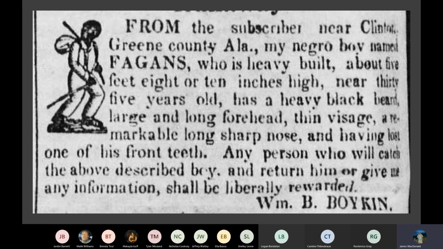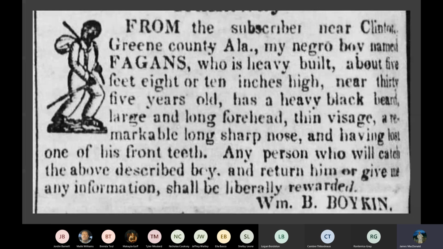When you see a slave advertisement, the description would be as much detail as was possible. Now, I've studied these looking at John Sibley, from Sibley Lake here in town, the Indian agent. He ran a newspaper in North Carolina before he came to Louisiana. One of the things that were in his newspaper were advertisements for runaway slaves. And so the slave owner would put, ran away. This one starts like this one I'm showing you now. Ran away from subscriber, and you see it here, meaning I subscribe to the newspaper.